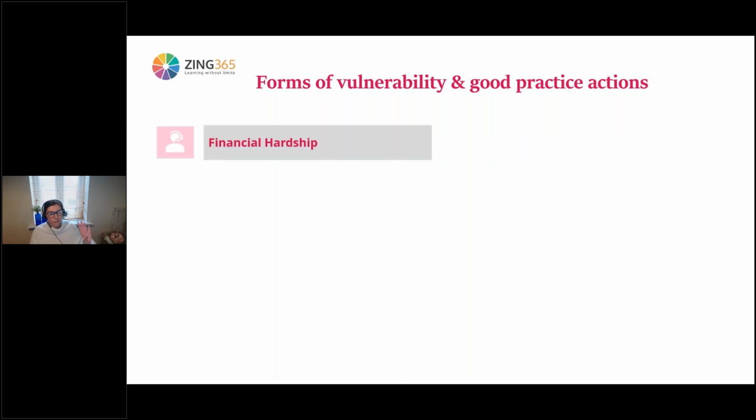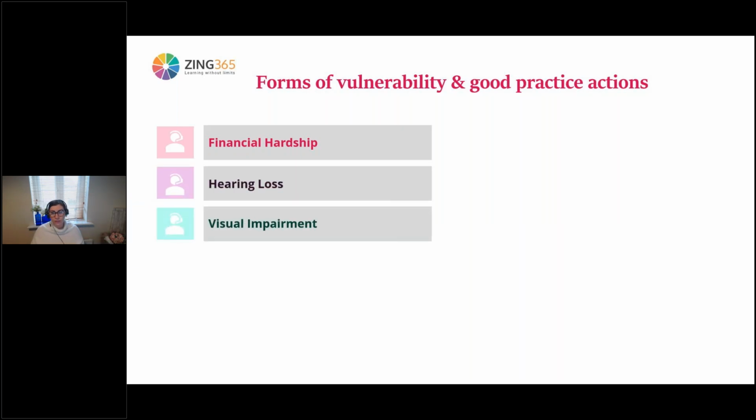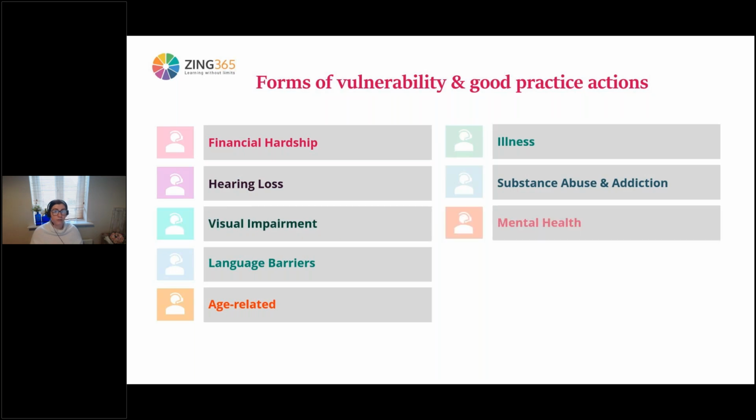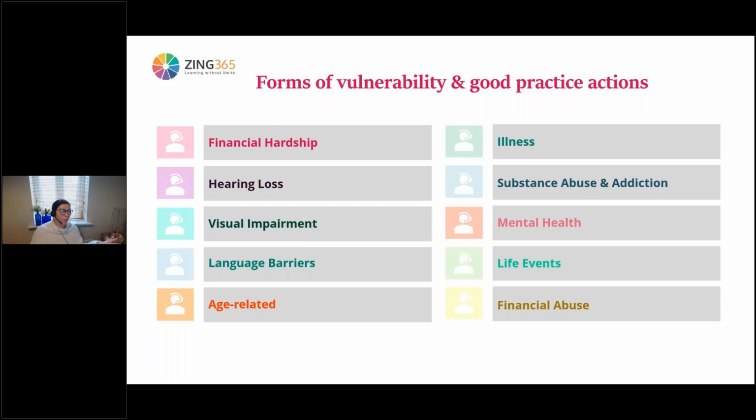Now, we've seen those key drivers for vulnerability. I just want to focus for a little while just on some of those types or forms of vulnerability that can fall within those drivers. And this is absolutely not everything. These are just some common